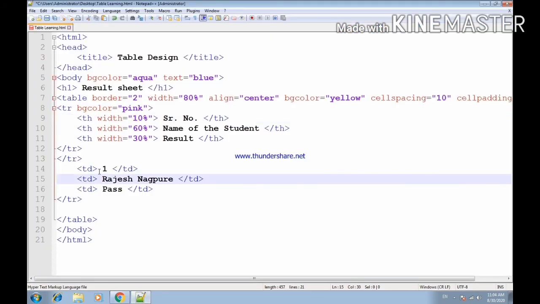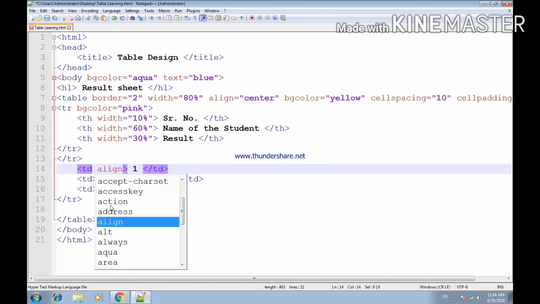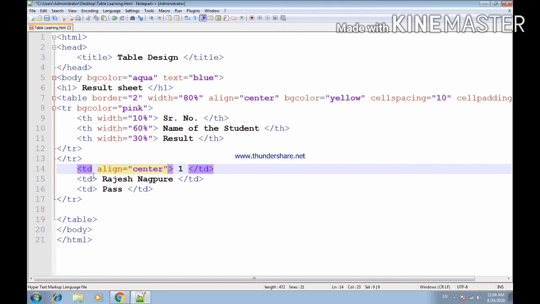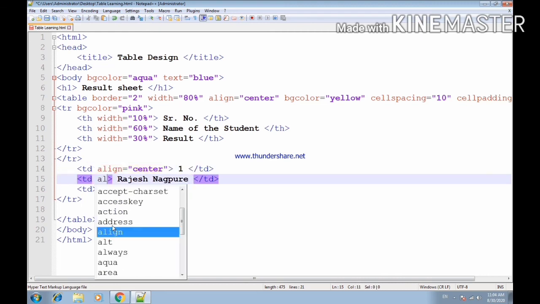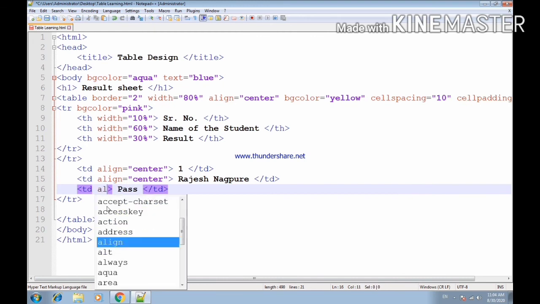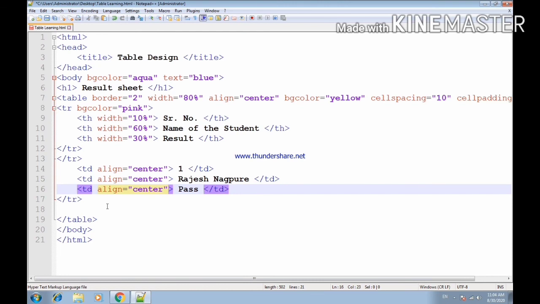Okay, now here I am putting an attribute align center. Suppose, and here also I'm putting center.